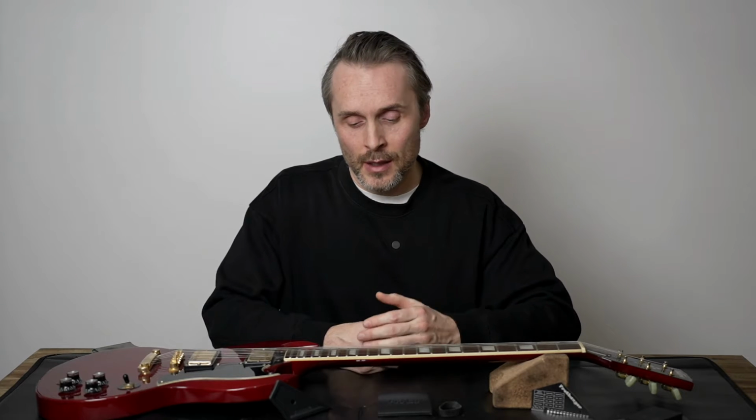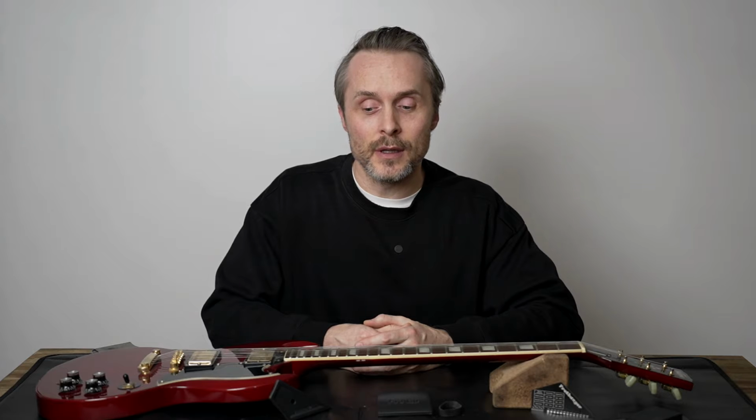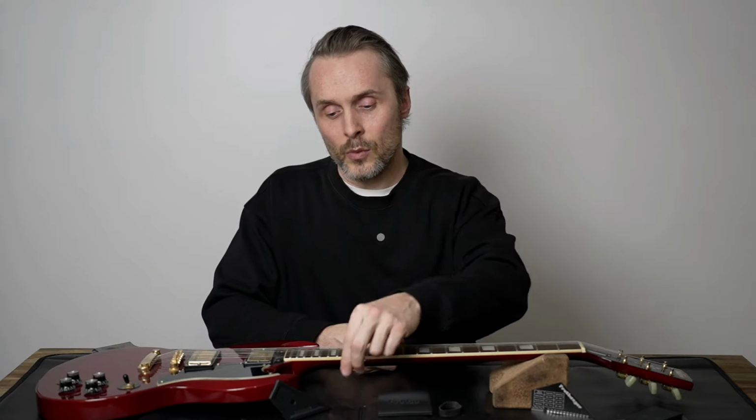I found that there's a high fret here which is causing a buzz on the strings when you're playing, and also when you bend it a bit, it's a dead spot. So when you bend it, the tone is dying off. We're gonna work with this